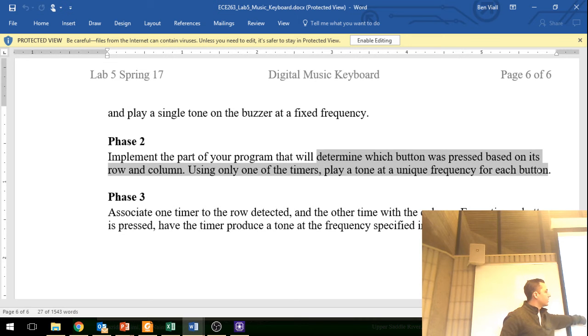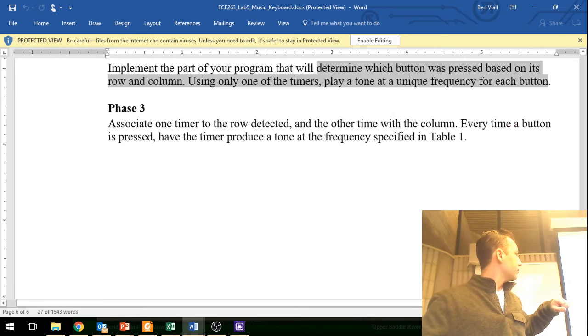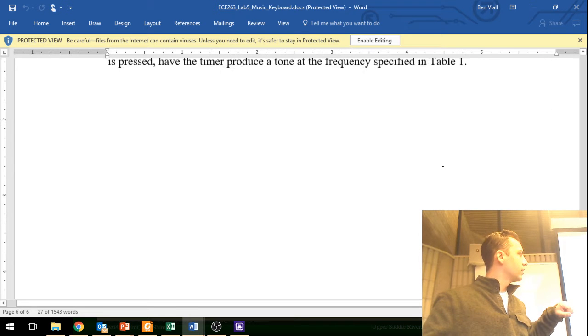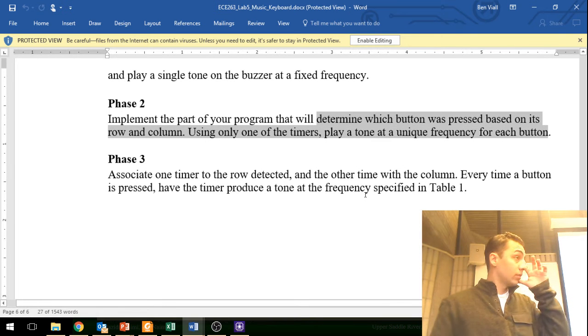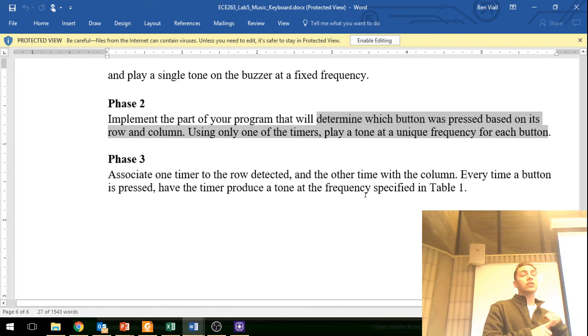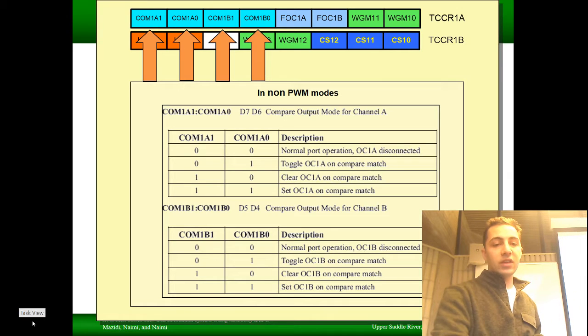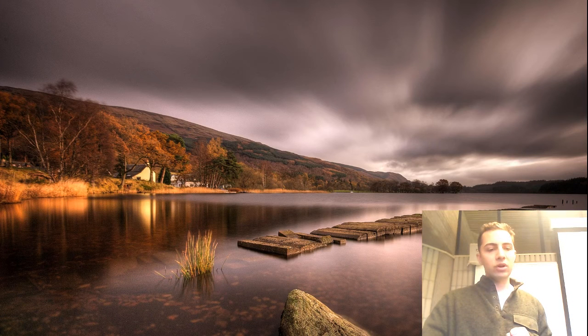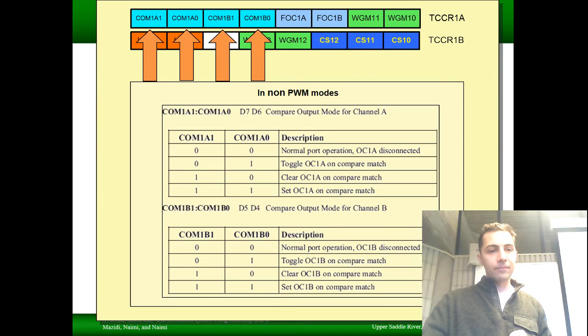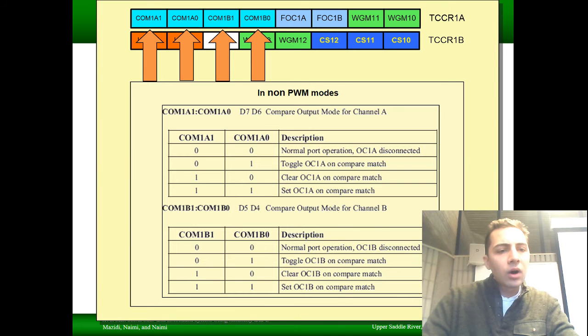Finally, phase 3, or not finally, but phase 3, phase 3 is the final phase. That's where everything comes together. You'll generate one frequency on timer 0, one frequency on timer 2. Send them both out to the buzzer. Okay? Now, in terms of the keyboard, keyboard is not something we have explicitly covered yet. And I want